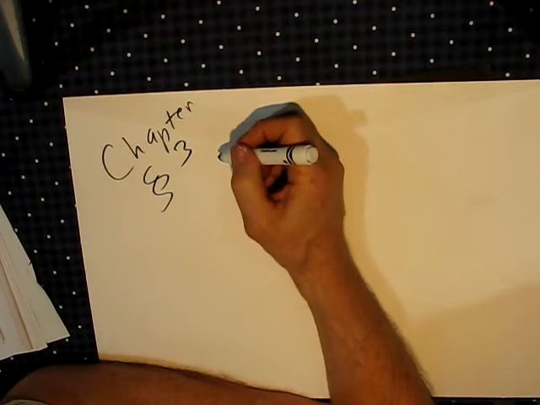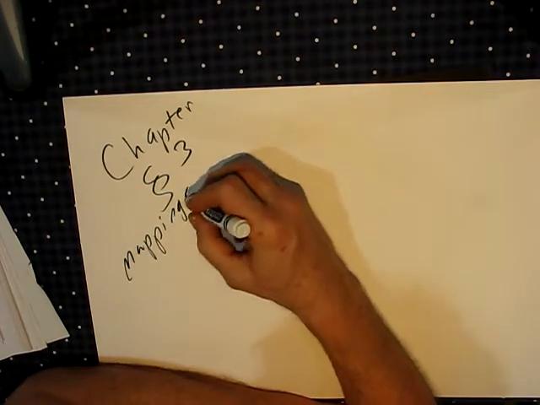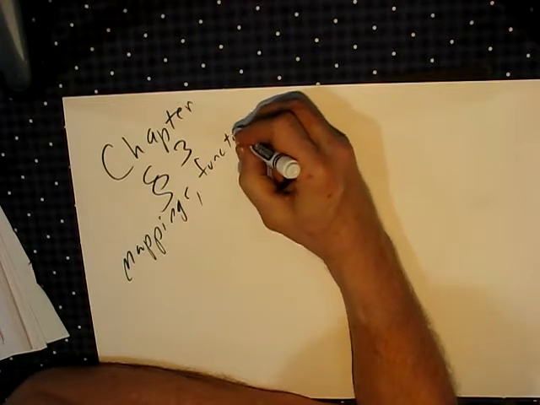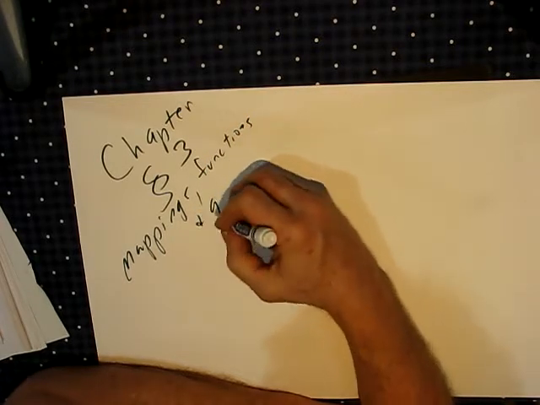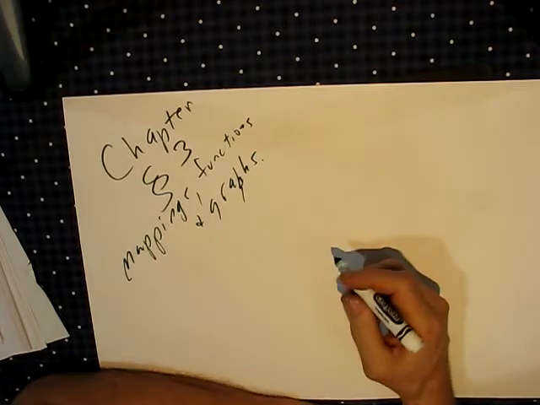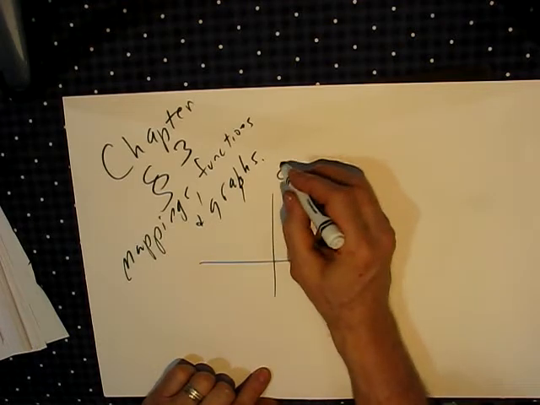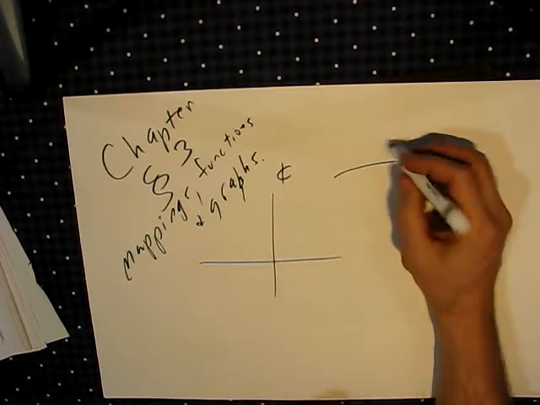Chapter 3. Mappings, functions, and graphs. Let's begin with a simple picture of the complex plane, mapping f of z